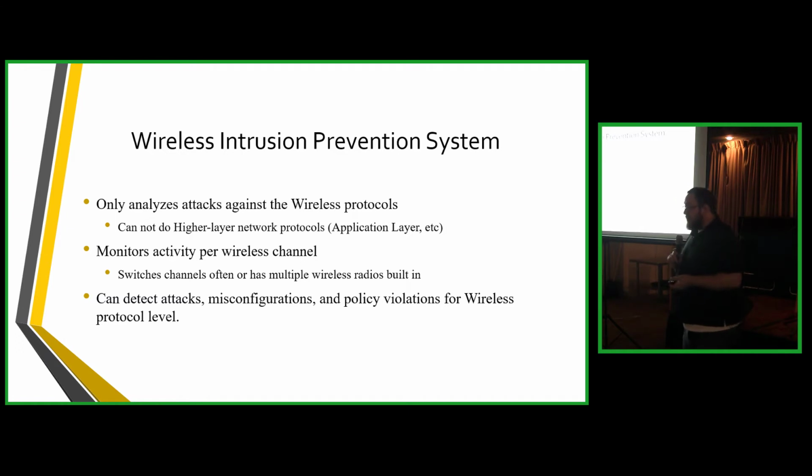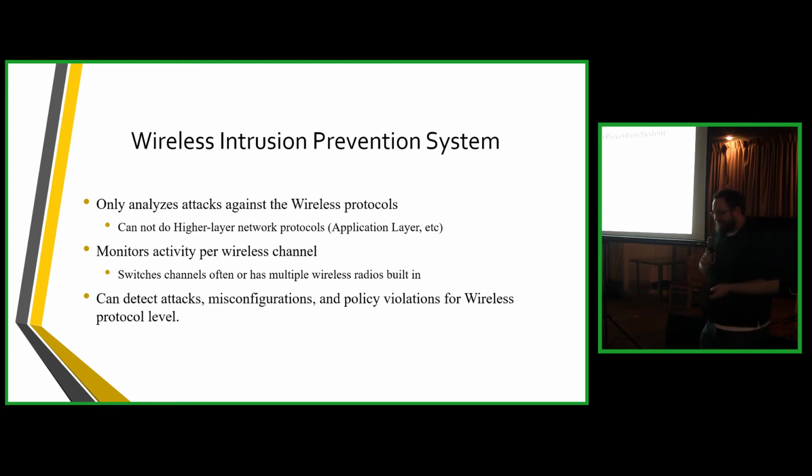They could be anything from, you could set up a sensor station on a laptop and walk around and scan your network, try to look for any rogue devices. Or you can get individual appliances that you'd set up throughout your organization that would scan for unwanted activity. One thing with that, though, is they can only monitor one channel at a time unless they have multiple radios in them. So they're switching channels often in order to check every potential channel for an attack or